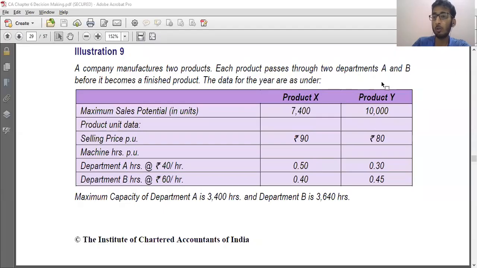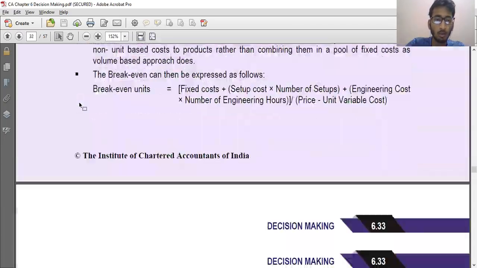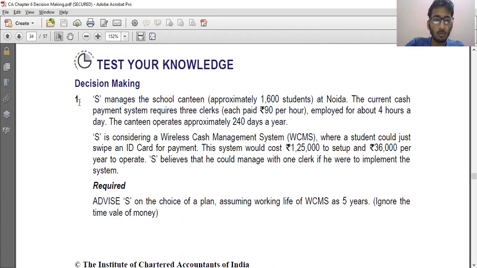So let's move to the question in CA final material. First, we'll do the question where two or more resources are in limitation, so that we can use linear programming to solve the question. Illustration number 9 is there. I hope all of you know that all the questions in the section of test your understanding, test your knowledge,